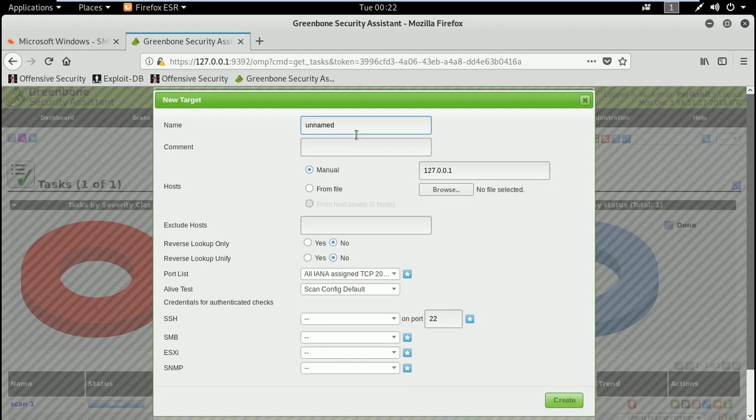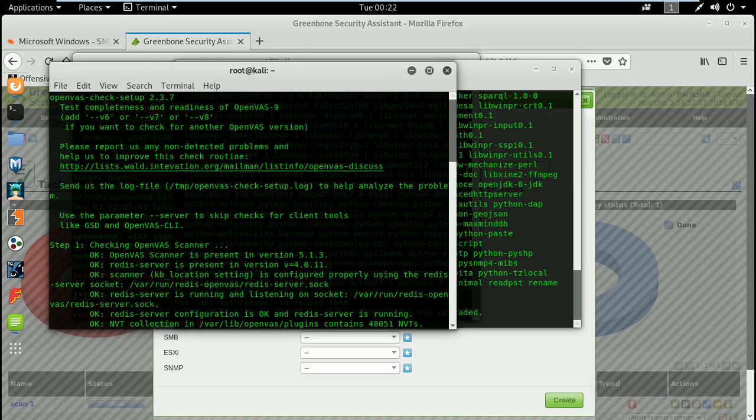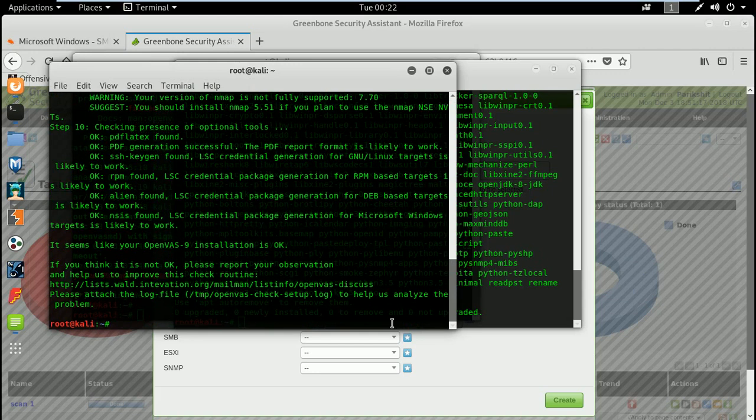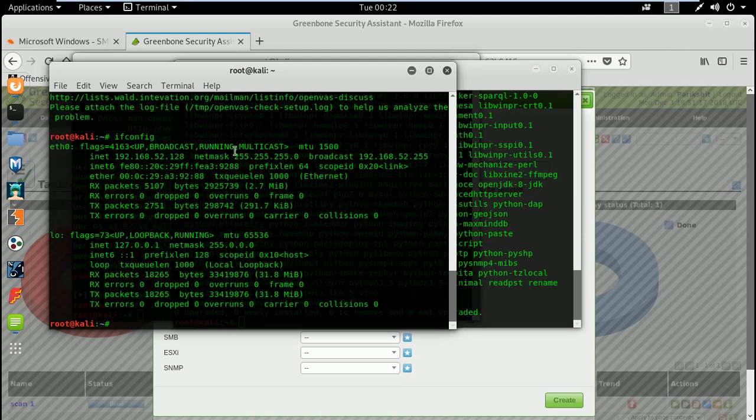Otherwise you can also put, yeah, let's give it as a target 2. Before this, you will definitely check what your IP is, and we will try to scan it. All right, so 52.128. And before this, we will definitely perform some scan with nmap, which will show you